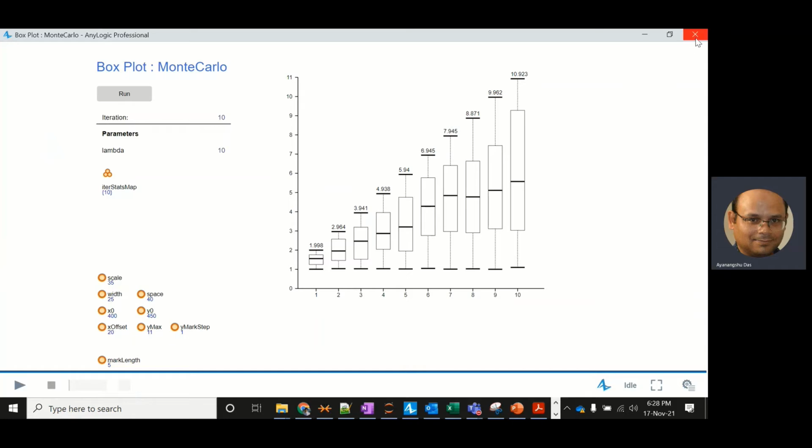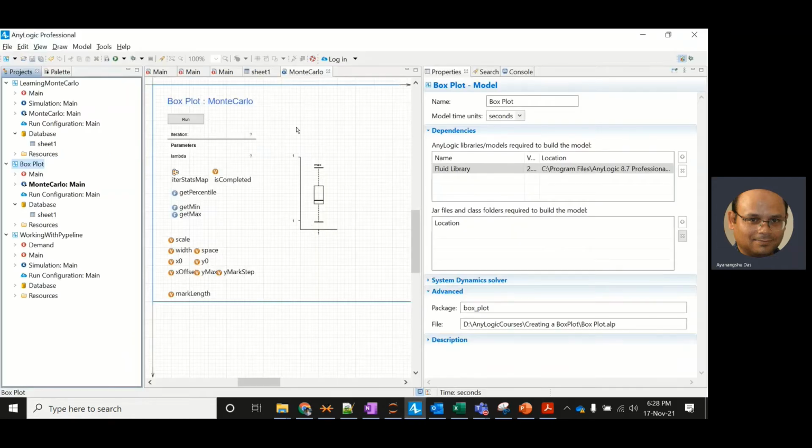Another approach is that instead of plotting it in Monte Carlo, we can put it in the simulation itself, by taking the data out of the Monte Carlo experiment, letting it write to a CSV, and then reading the CSV into the simulation.